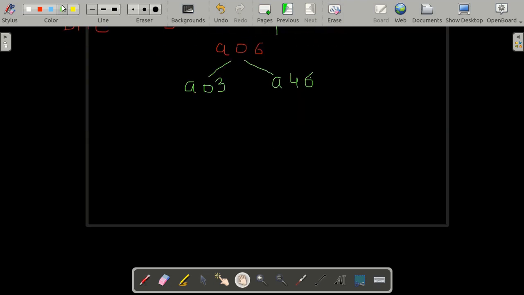Now after this we'll again have a call which will divide the array into two halves: 0 plus 3 by 2 will be 1. It will have a call from 0 to 1 and another call from 2 to 3. Again this will have calls, going from 0 to 0 and from 1 to 1. Now we know that a single element is sorted in itself, so from here we are going to return this element as it is.